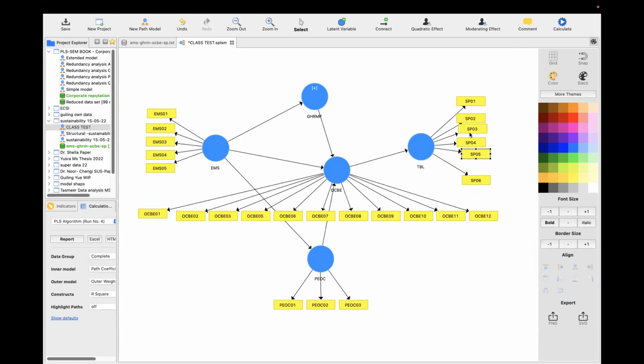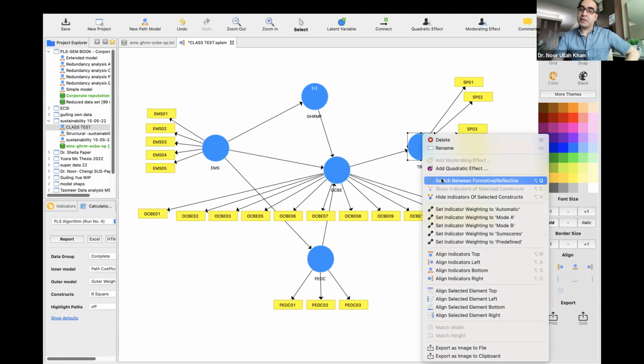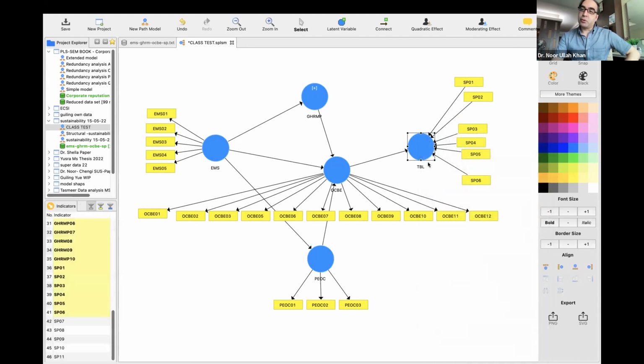But remember, in a formative construct, if you remove one indicator, it creates trouble. Formative construct means your indicators define your construct. In the reflective case, your construct defines the indicators. So if I make it formative here, you can see the arrows will come towards the construct, meaning that now